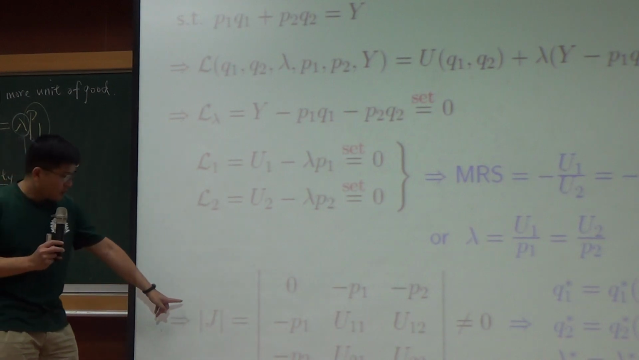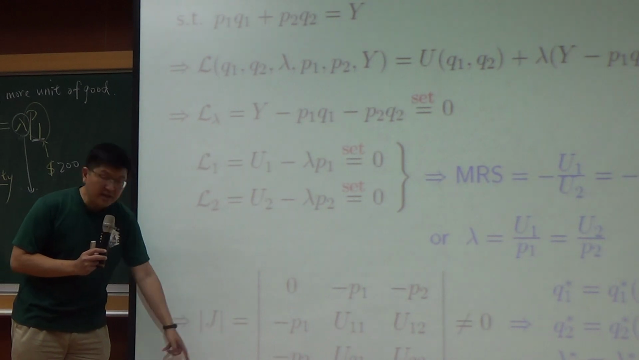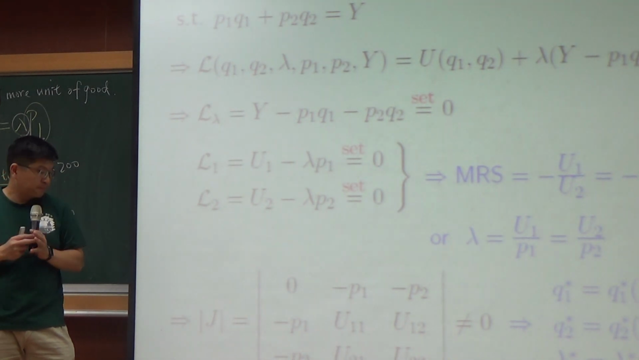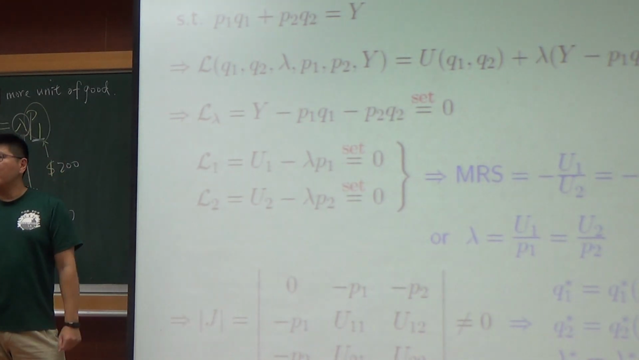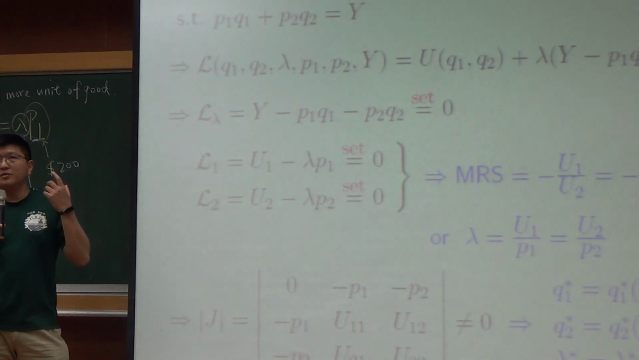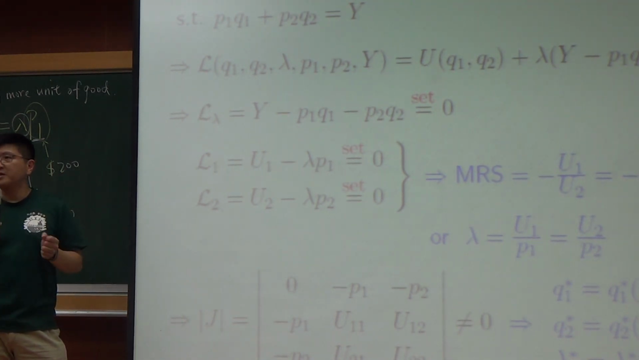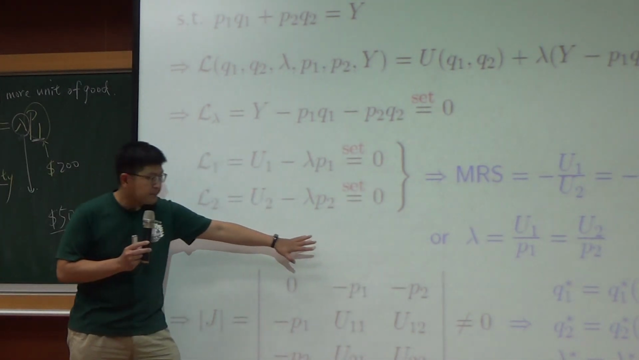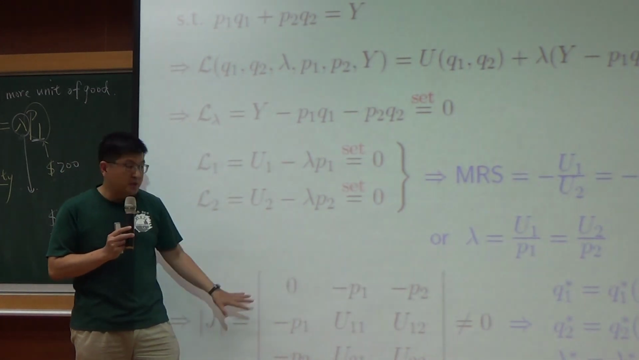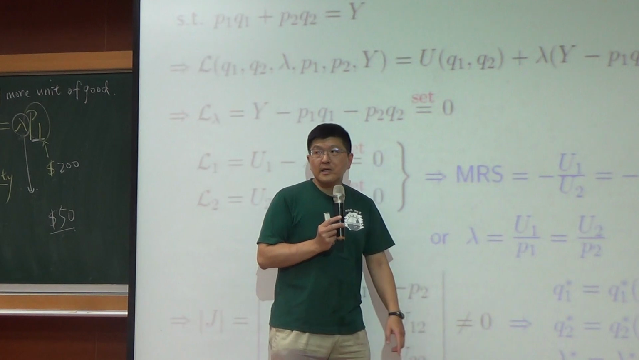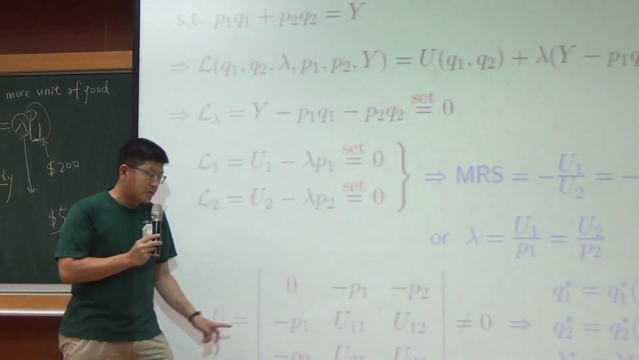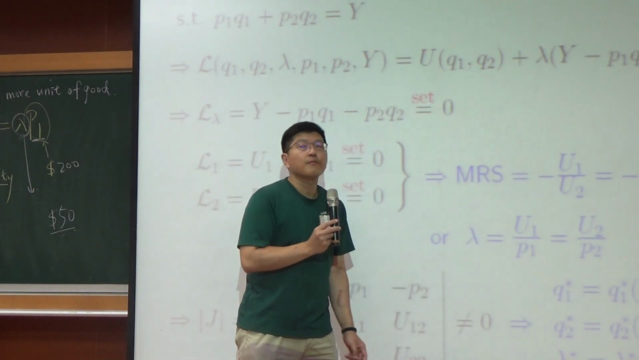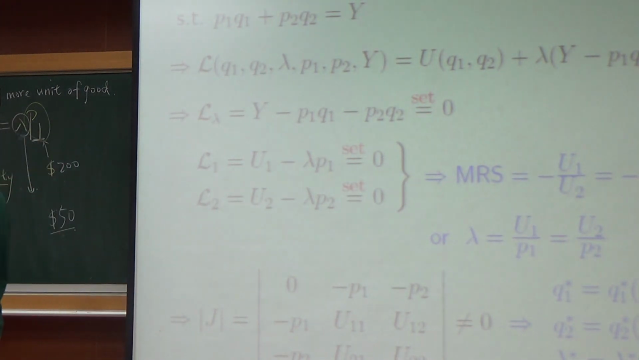Now, what is J? This is actually not the absolute value, it is a notation for determinant. So we call J the Jacobian. Okay, so you will learn this term in mathematical economics. The Jacobian is a determinant, and this determinant would be non-zero. This condition, that the determinant of the Jacobian doesn't equal 0, is a condition